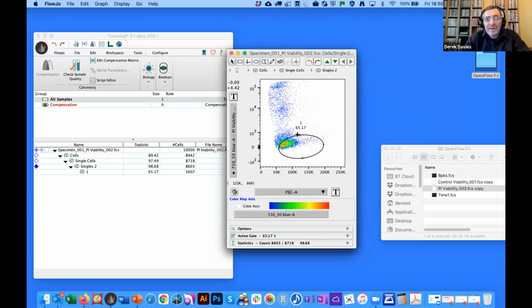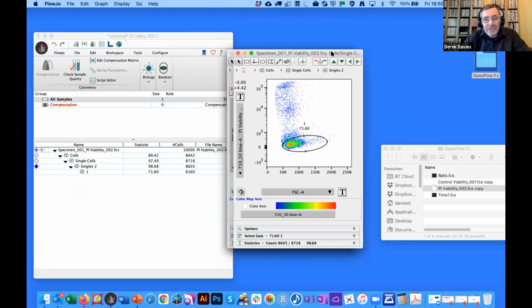Put one again to encompass those few things that might be blastic cells. So now I've got a more reasonable figure. I'm going from 60% to 70%. Still not brilliant, I have to say, but it's a little bit more sensible. So the very last thing I'm going to do before I hand over to Kathy is just mention something about